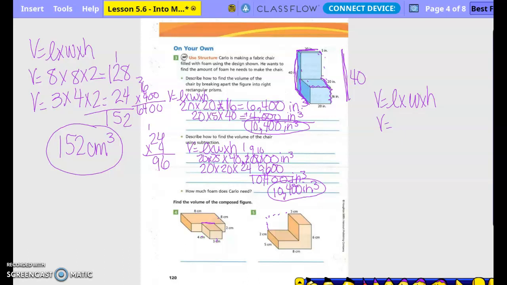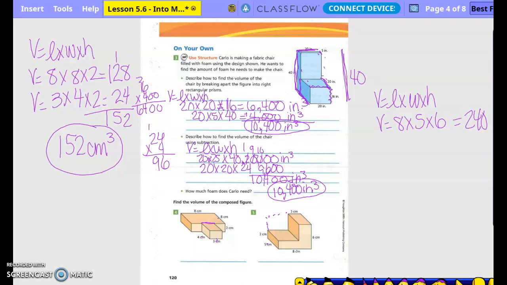So the length is 8, the width is 5, and the height is 6. So 8 times 5 is 40 times 6 is, that equals 240, right? Okay, so